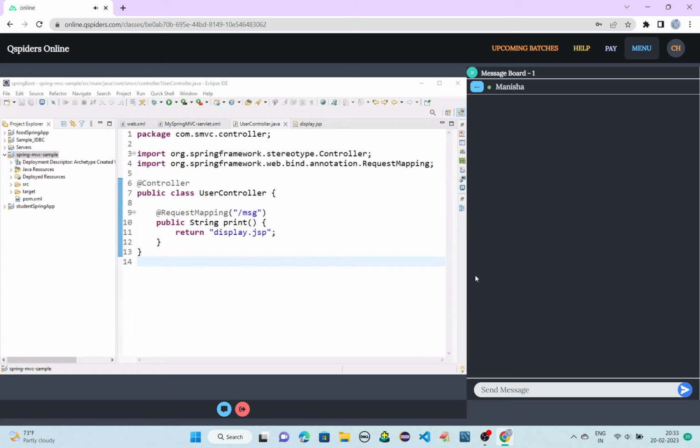Because this class is only for your J2EE concepts, not for your framework. But I told them I have completed the entire framework concepts also, so they don't need to provide any extra classes for that. And they were like, okay, fine. So they'll start providing interviews for you people.